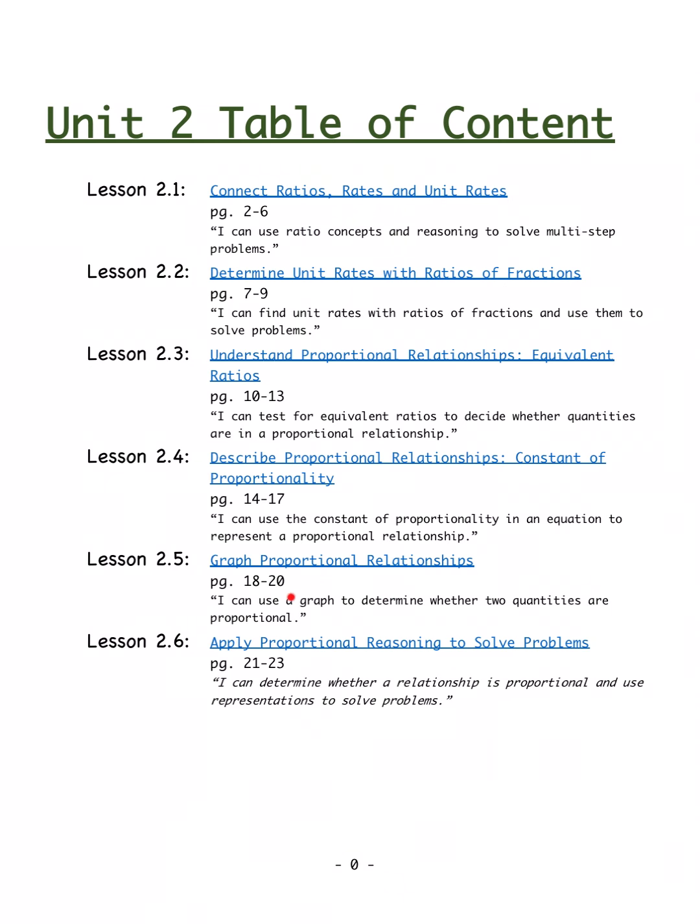This is pages 18 through 20, and it says I can use a graph to determine whether two quantities are proportional. So you'll be able to just look at a graph and say, yeah, that's proportional, or no, not really, it's not. So let's go to page